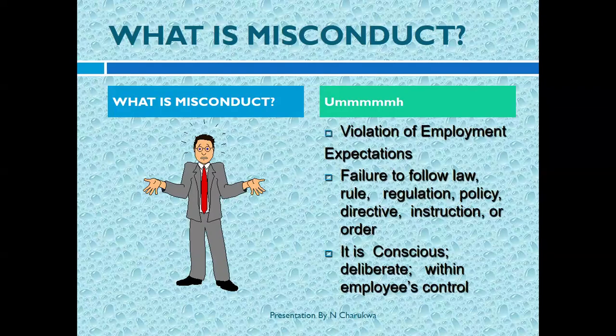So when an offense is then committed, the proper procedure is you suspend the employee, and then within 14 days, you hold a hearing. Who conducts the hearing? The chairman of the disciplinary committee, together with his committee members. And then the employee or the accused should then come up with their defense. They can be represented, and the complainant, being the other HOD where the offense has been committed, then also presents facts.